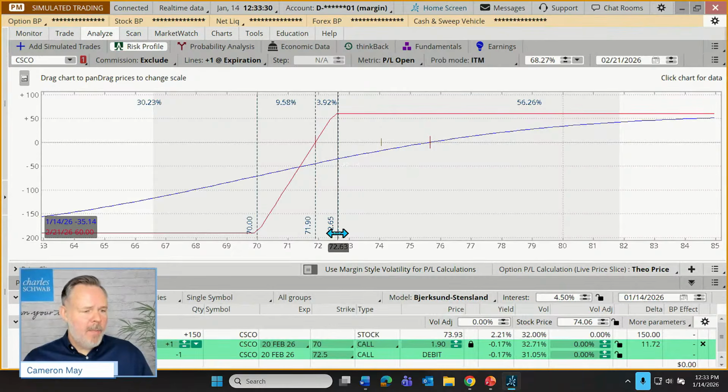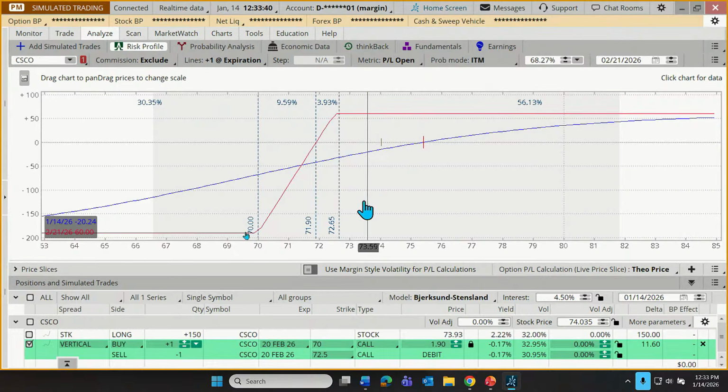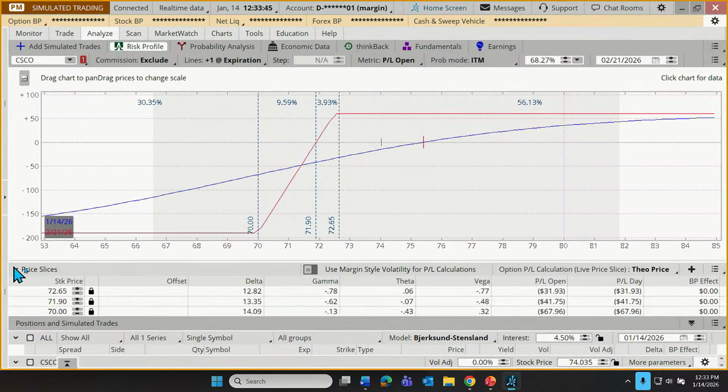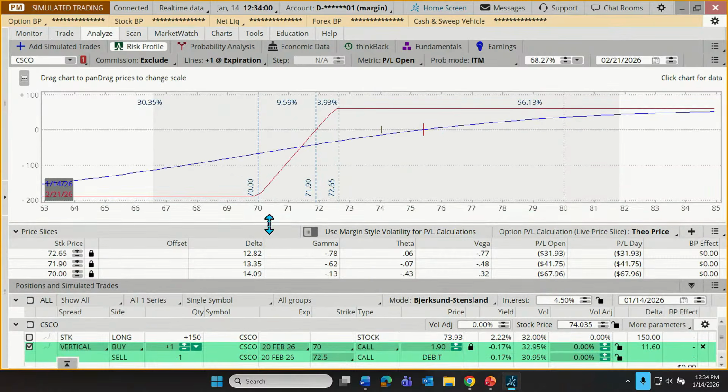Now, somebody correctly pointed out, Becca says, you can also see more about these price slices down below. Yeah, I wanted to look at these price slices visually first, but we can also see those. If I click on this little caret next to price slices, a little caret pointing off to the right means there's something hidden here. If I click on that and the caret points down, it exposes more details. And in this case, let's click on our little margin again and drag that up so we can see our trade. We're squishing our chart. It's still perfectly serviceable though.